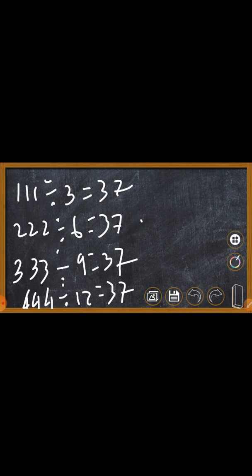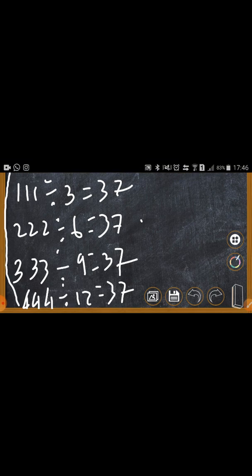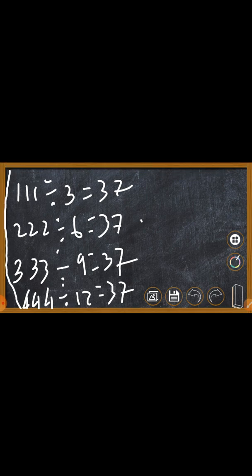The left hand side pattern is the one which I'm circling right now. This one is very easy. It is 111, 222, 333 and then 444. So your next step will be 555. Yes or no? Yes, the next step is 555.